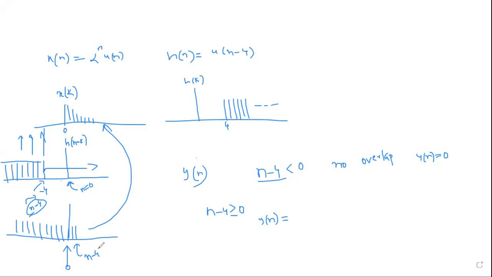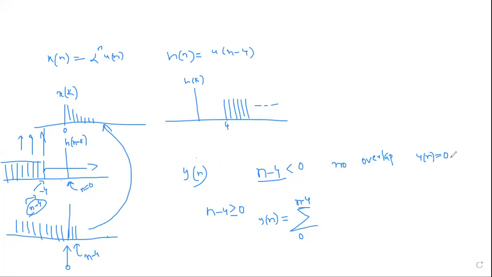0, 1 and 2. If at all I take this n minus 4 to 21, there will be overlap from 0 to 21. If I take this n minus 4 to 43, there will be overlap from 0 to 43. So I would say there will be an overlap from 0 to n minus 4, right? Here n minus 4 is 2, it is not n equal to 2. n is somewhere around here, because this was already delayed, right? There is always a gap here.